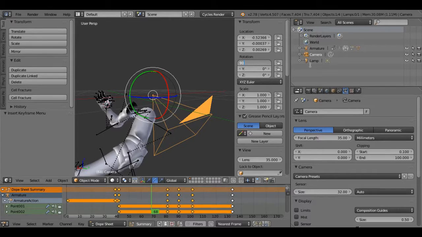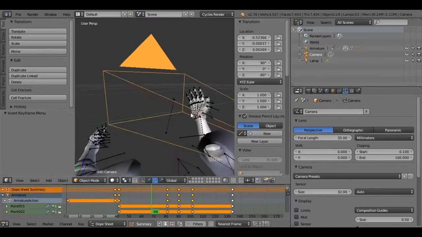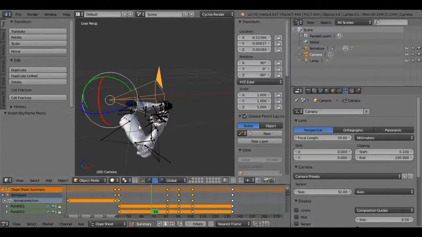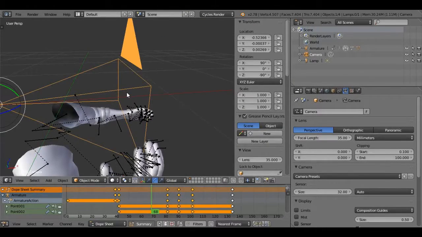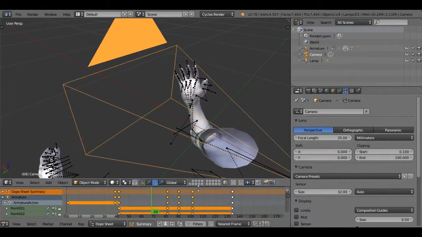That would be 90, 0, and then negative 90. Okay. And then we will hit 0, because that's what we do. Oh, and it's not in the screen space. That kind of sucks. But we will take our tool shelf off, our transform manipulation thing, and now we can